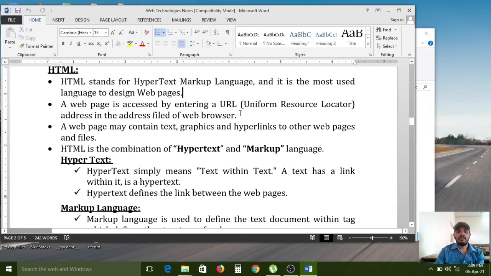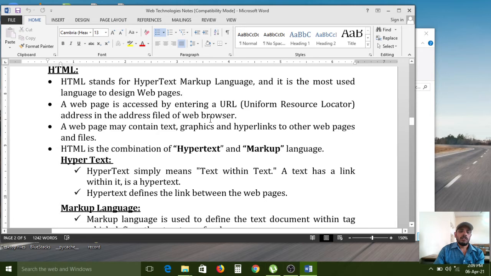If you want to open any website, compulsorily you need that website ID. You can type that website ID in the browser address bar, like www.google.com.